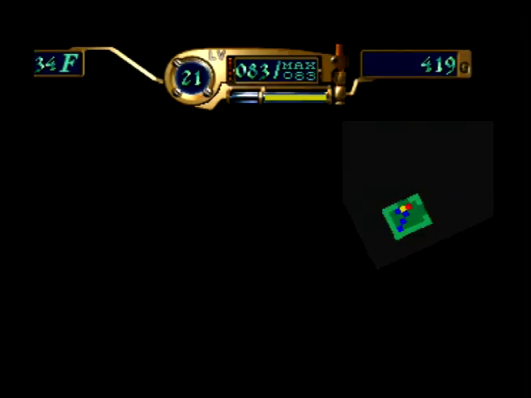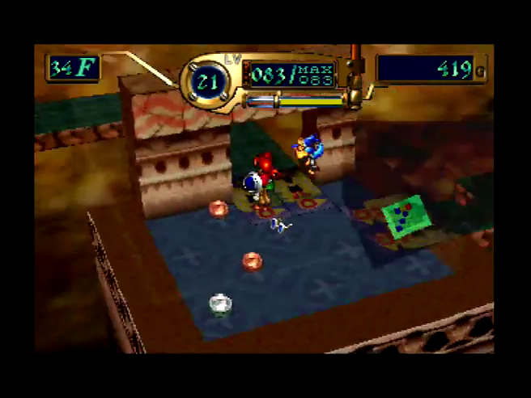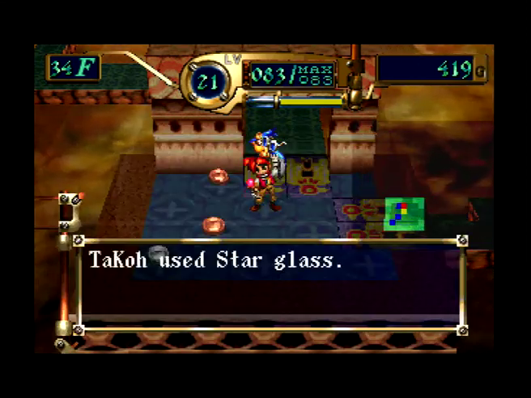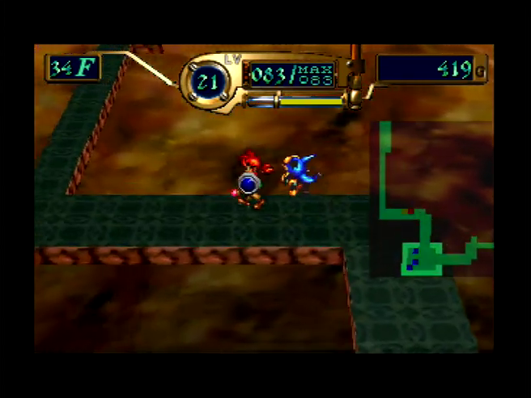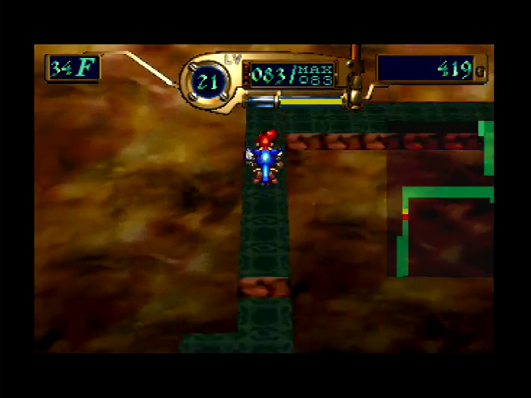To remember that I have those few holy bells, I have to use them instantly if I have to. Star glass, we're gonna use that right away. Getting so close to the final exit that there's no real point in not using...